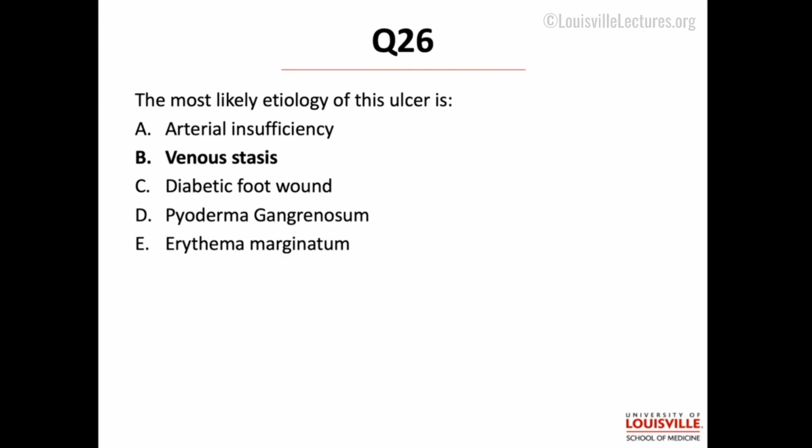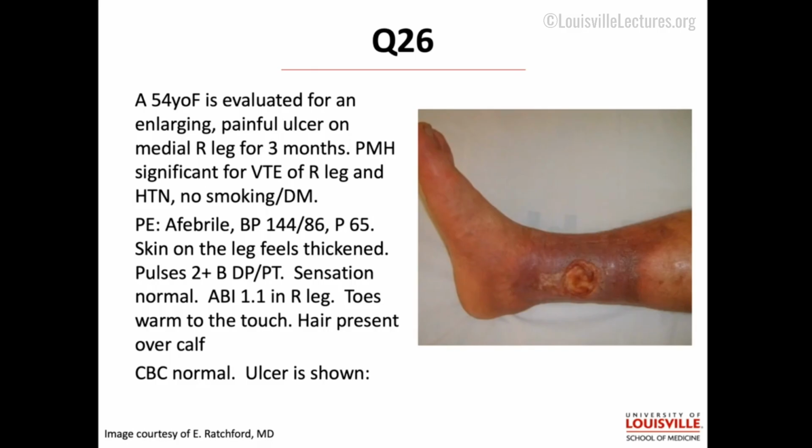So this is just recognition of venous stasis. You may have been tempted in this patient to think about arterial insufficiency. He's not a smoker, doesn't have diabetes, so not a diabetic foot wound. And I gave you an ABI of 1.1, which is normal. Usually arterial insufficiency ulcers are going to be more distally towards the areas where the blood flow is hardest to get. You also are going to lose hair for arterial insufficiency and have shiny skin, okay?